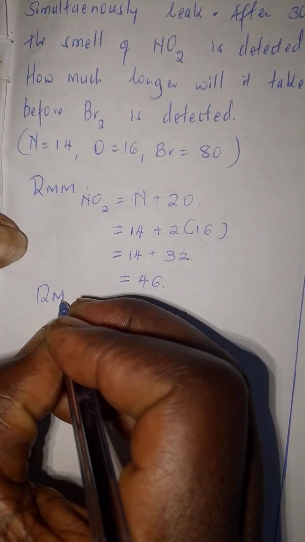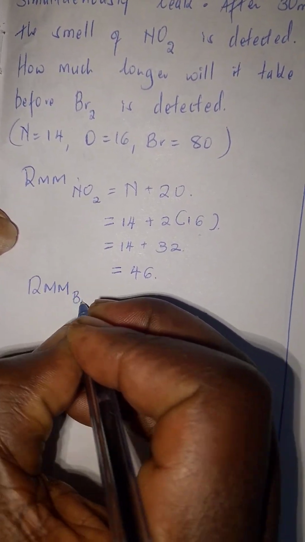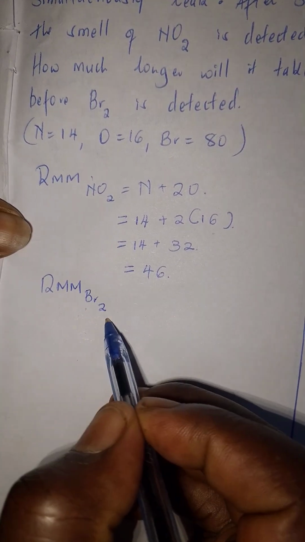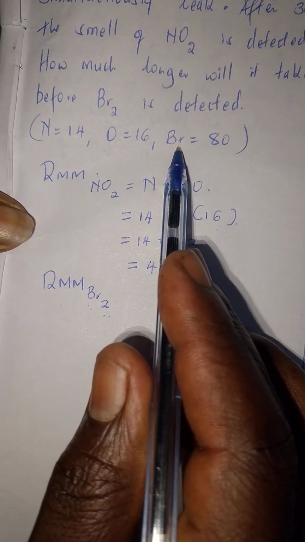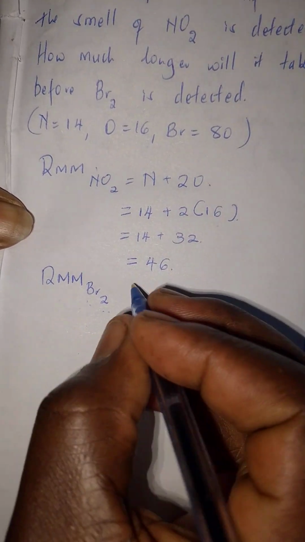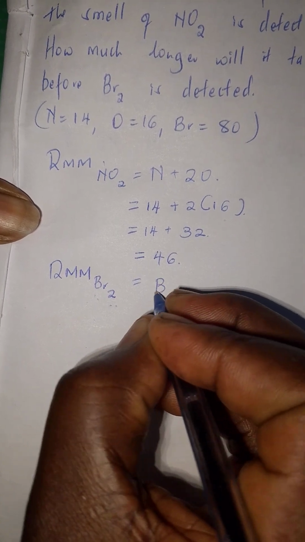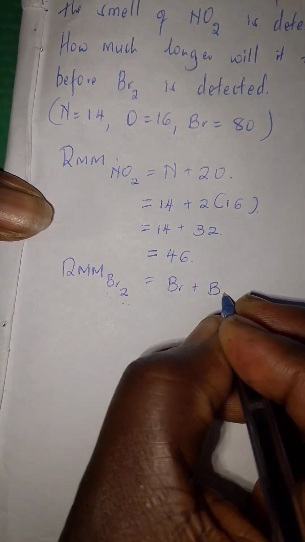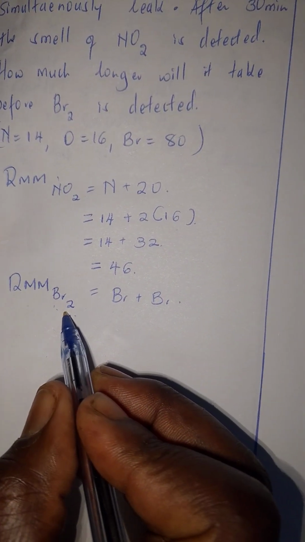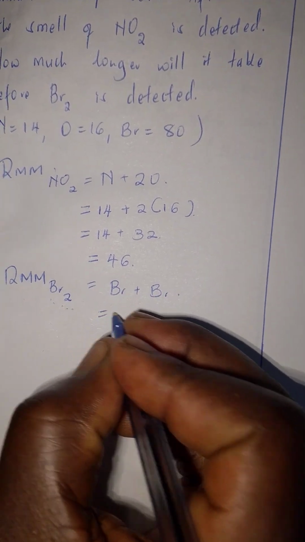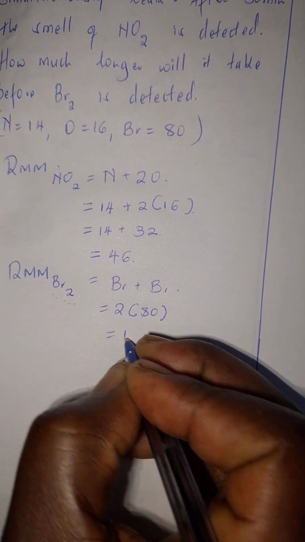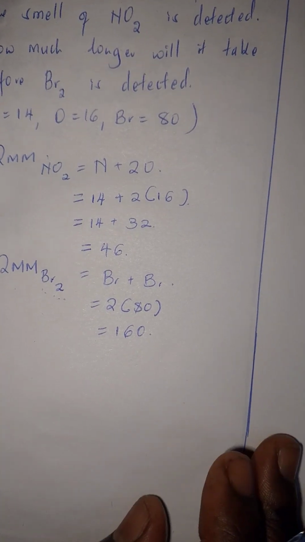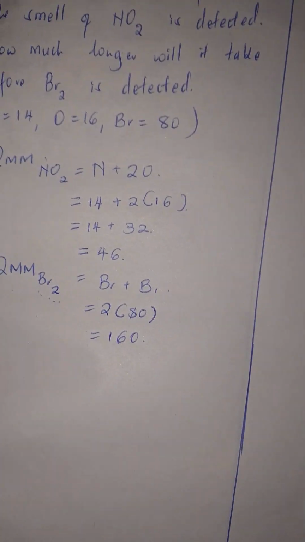The relative molecular mass of bromine: remember bromine is a diatomic molecule, but here we have a bromine atom. So we need 2 atoms of bromine to give us the diatomic molecule of bromine gas. So we have 2 times 80, and this gives us 160. So I'll use method 1